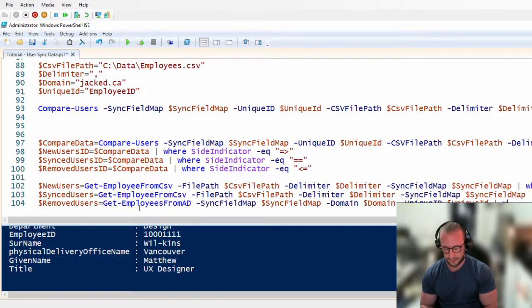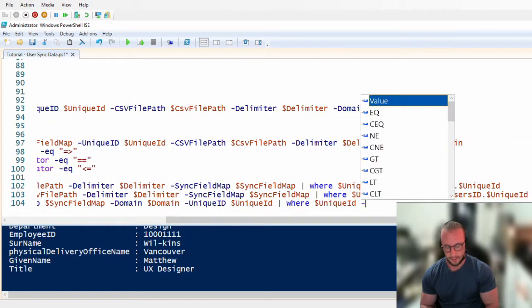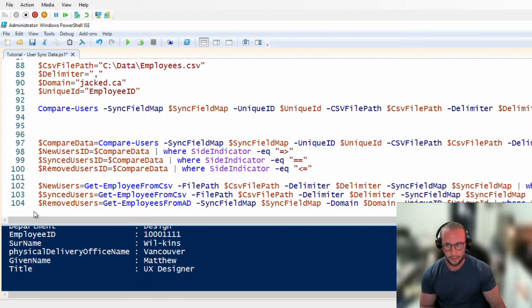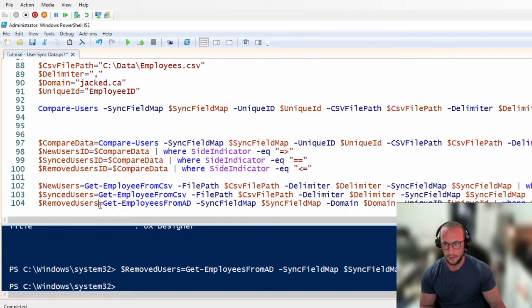And then we are going to pass that to where unique ID is in, you guessed it, the removed users ID dot unique ID. So now if we go here, in this case, this should be empty,